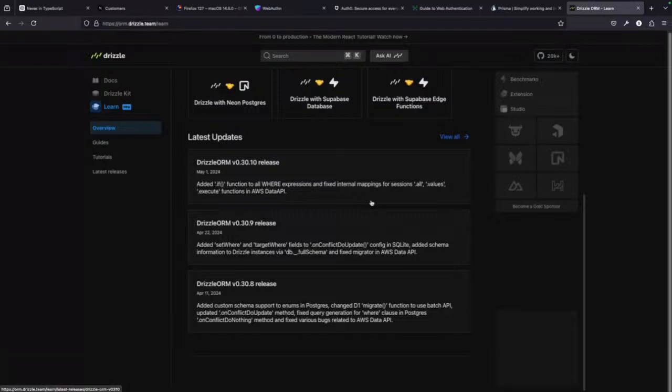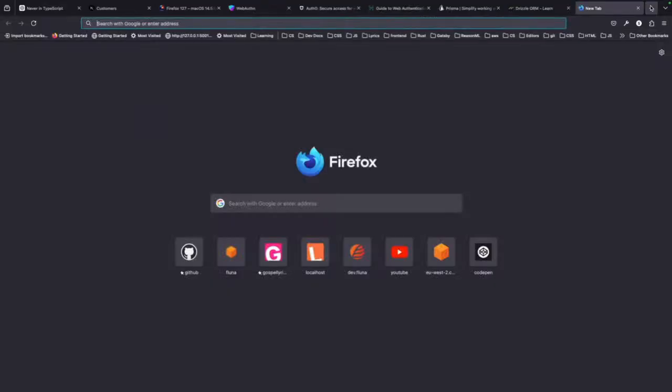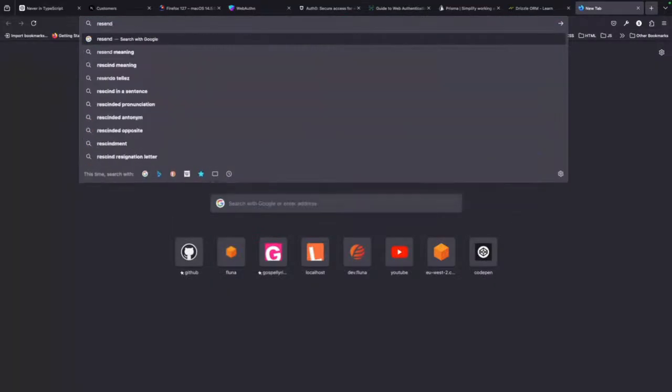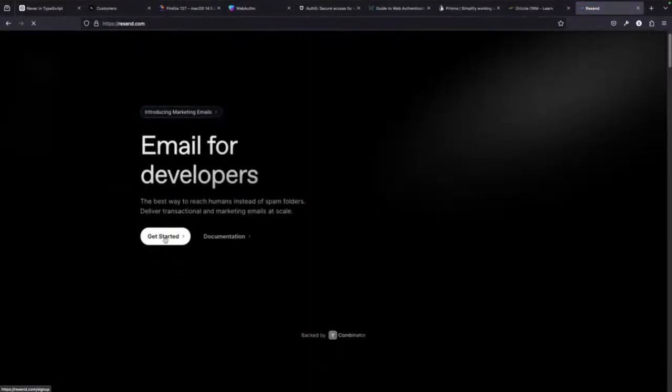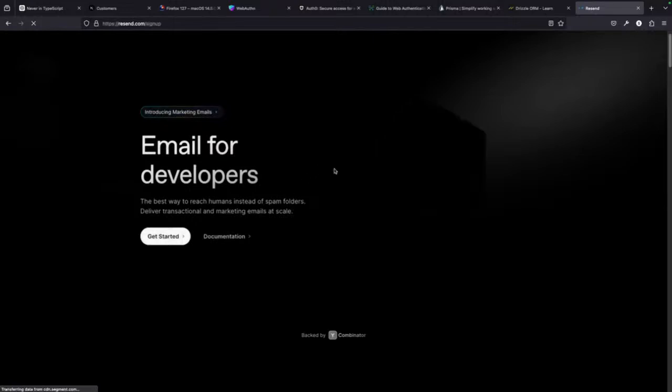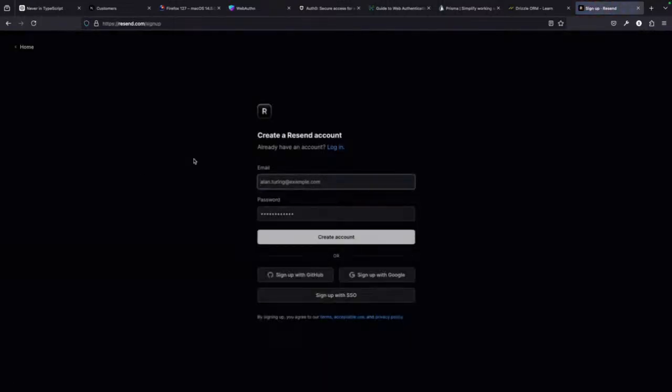We can change the sign up process to use Magic Link, and we can incorporate Resend. Resend is another very cool technology that is very good to use. I think it's also free. It has some basic free tier. So Resend is another very cool thing that we can incorporate to send emails.